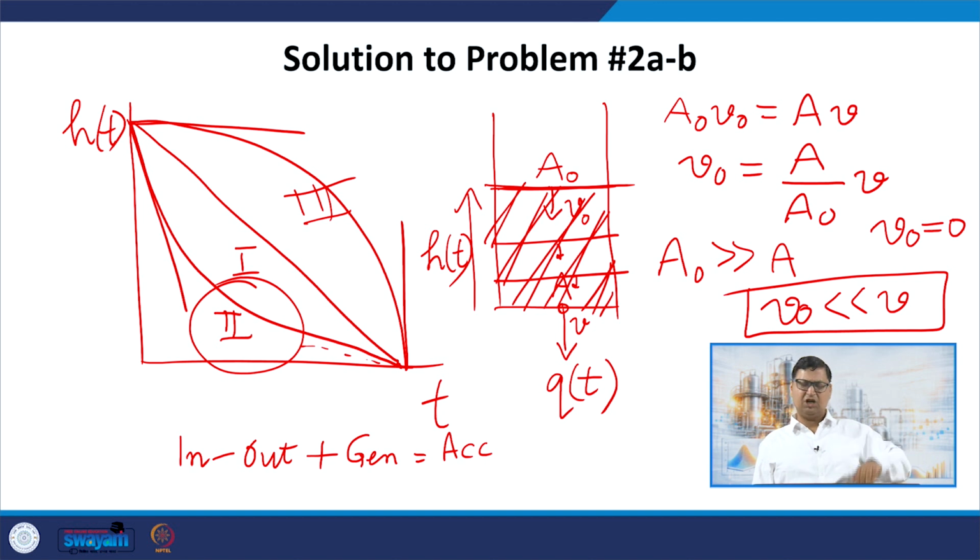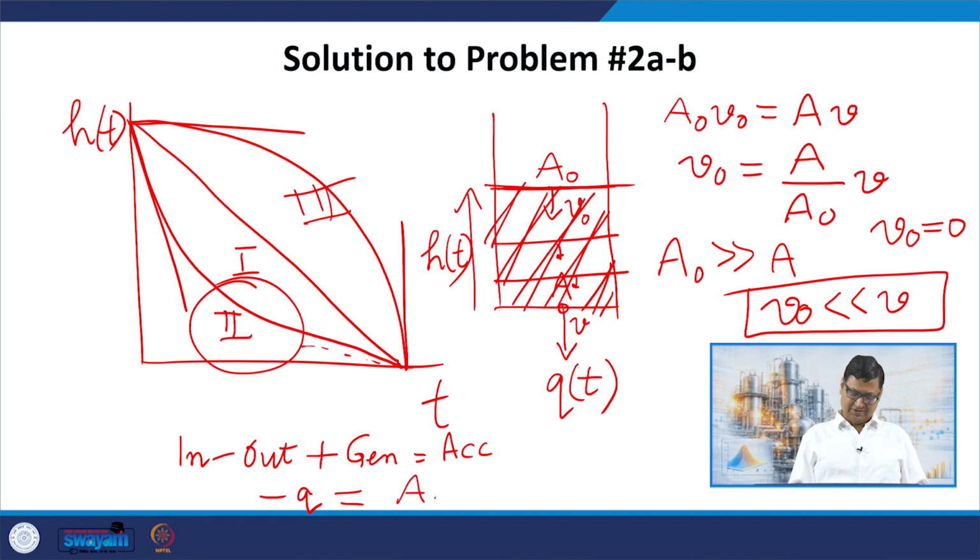That output is the volumetric flow rate Q, which is minus Q, and there is no generation, no water gets generated in the system, right. So, whatever water is there, that is there, of course, it is leaking out, but there is no generation of water, no new water is coming in the system, and the accumulation is not there, no water gets accumulated over time. Actually, it is the reverse of accumulation, water is getting depleted over time, and that is given as